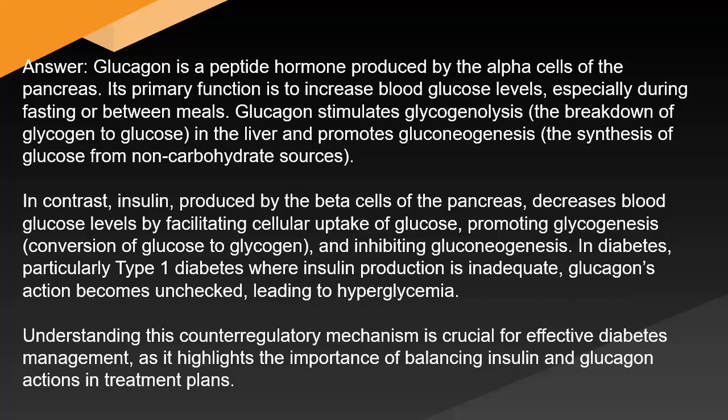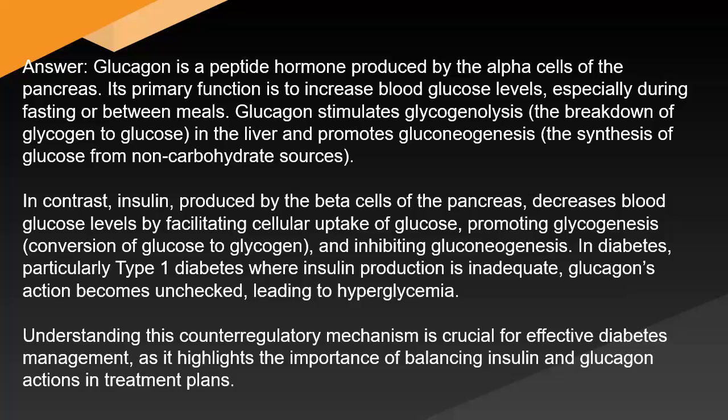Its primary function is to increase blood glucose levels, especially during fasting or between meals. Glucagon stimulates glycogenolysis, the breakdown of glycogen to glucose in the liver, and promotes gluconeogenesis, the synthesis of glucose from non-carbohydrate sources. In contrast, insulin, produced by the beta cells of the pancreas, decreases blood glucose levels by facilitating cellular